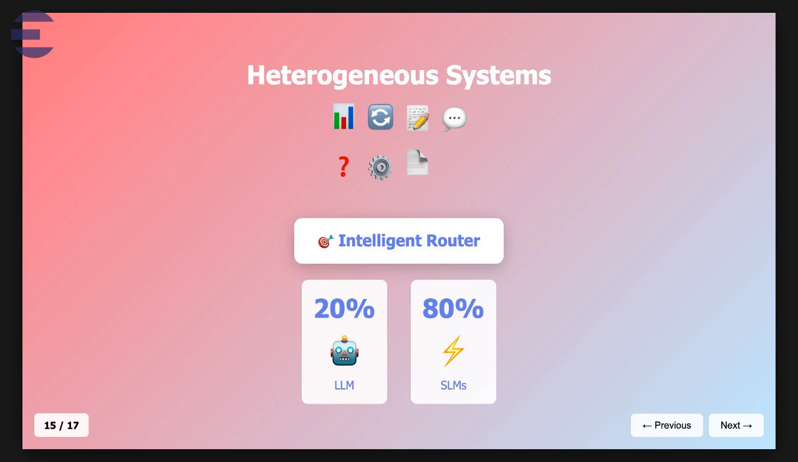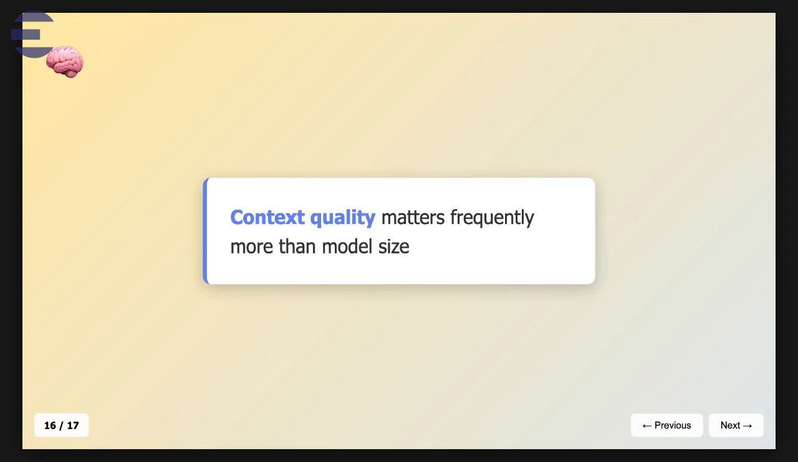So please, don't chase a bigger model just to fix your problems. Focus on engineering your context first. A well-designed system that feeds precise, clean information to a smaller model will consistently outperform a lazy system that just dumps messy data into a giant one. If you take away just one single thing from this, let it be this. Context quality frequently matters more than model size. Your biggest point of leverage, your biggest opportunity for improving your AI, it isn't the model, it's the context you